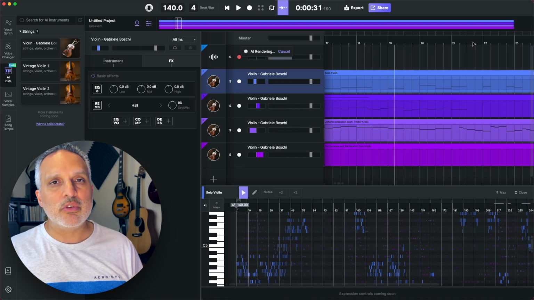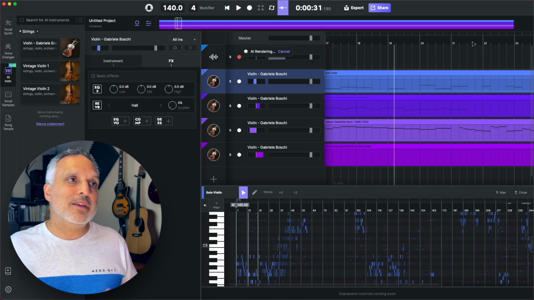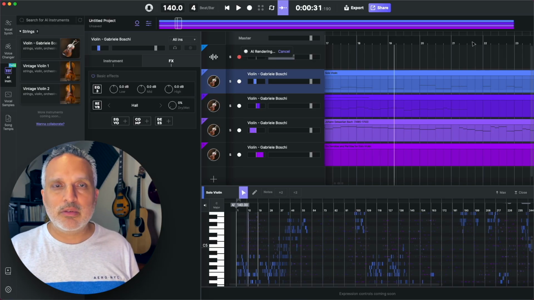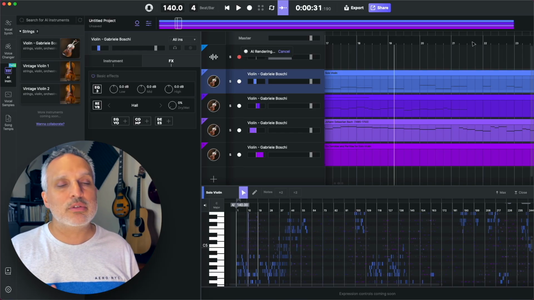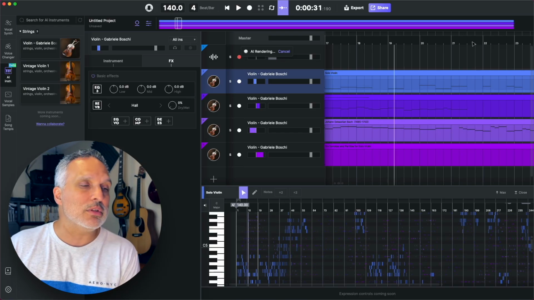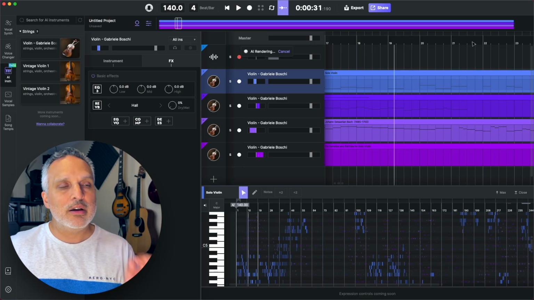Yeah, removing the reverb certainly brings the sound closer to you and makes it more immediate. And in certain styles of music, that could be very useful. Or maybe you would want to use this within your own sequencer and then apply your own reverbs and spacings to it. That's also possible. So overall impressions, I'm quite impressed with what Ace Studio is able to do with modeling a violin.